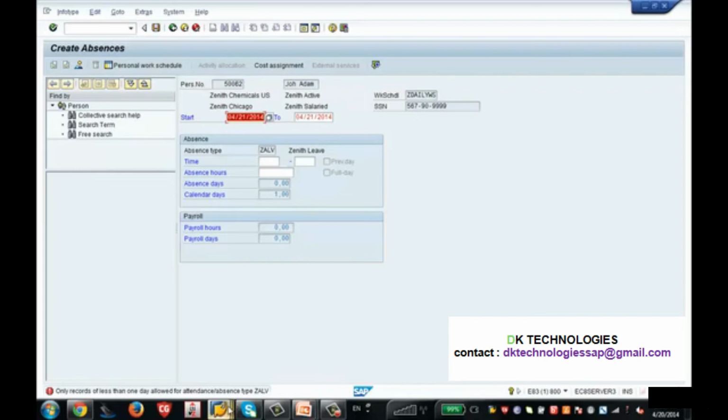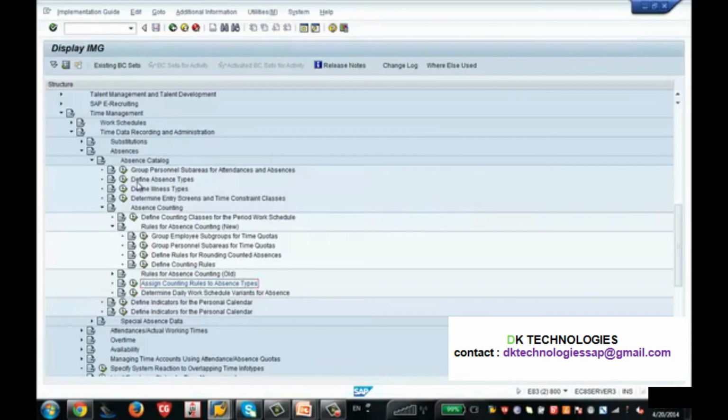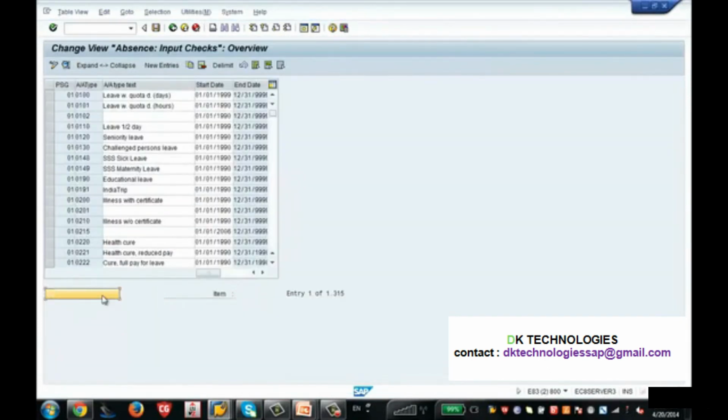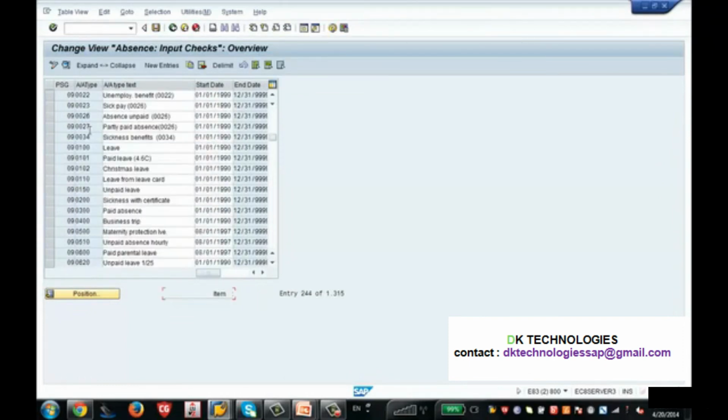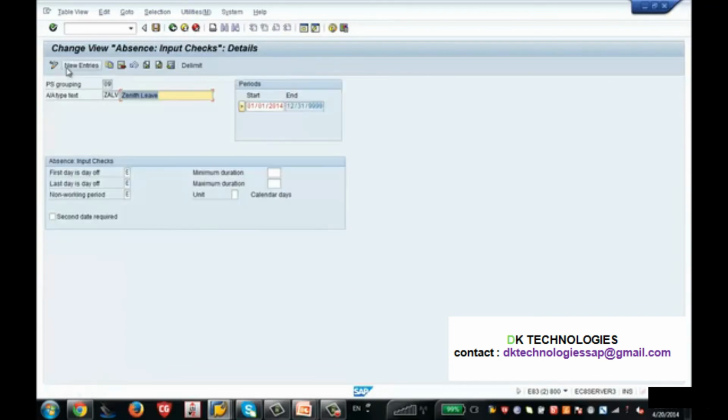If you go to the configuration here, go to absence type, go to your grouping, and Zenith leave here. See, the minimum duration I should tell is 1 day, and the maximum duration is 999.